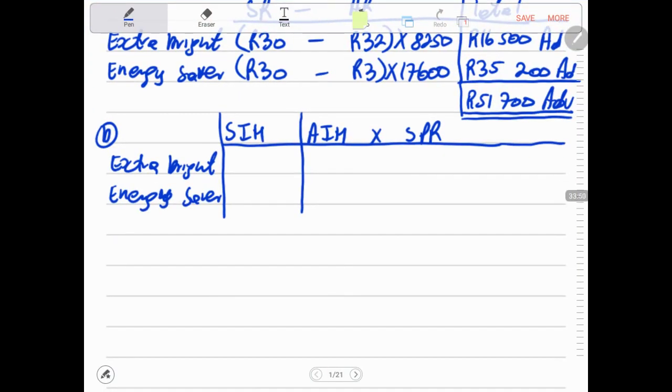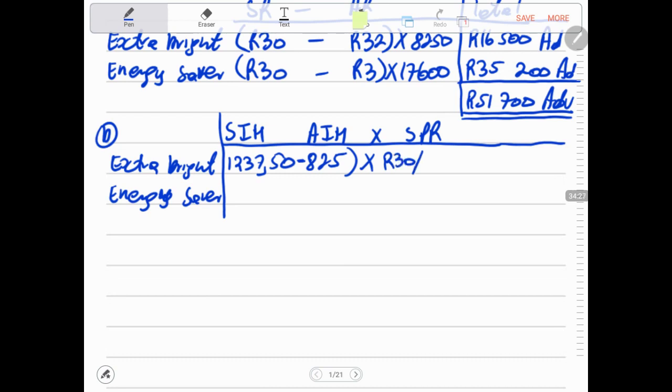minus actual, and we multiply that by the standard productive rate per hour. So now our standard, we said, is 1,237.50, and our actual is 825. Therefore we take this minus this amount, and we multiply by the standard productive rate. And remember, the standard productive rate is 30 rand, and we